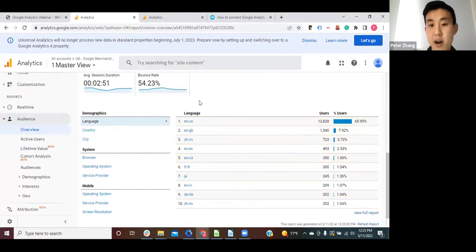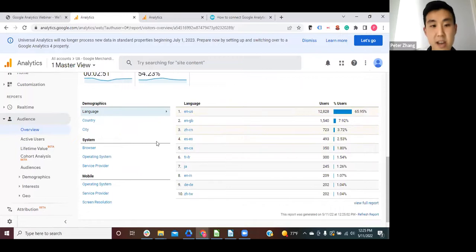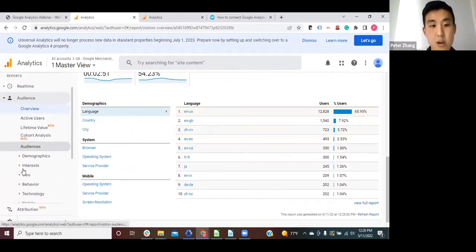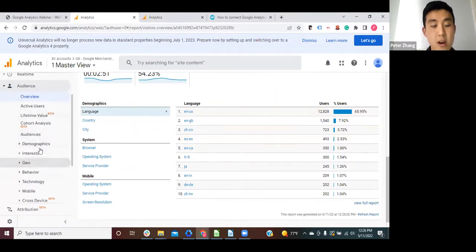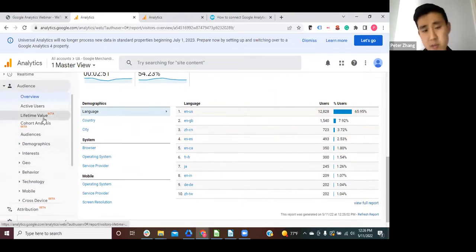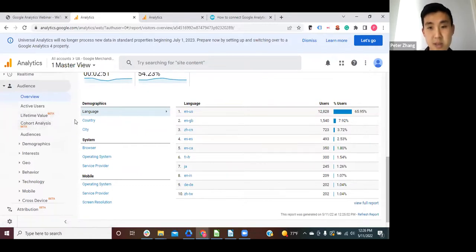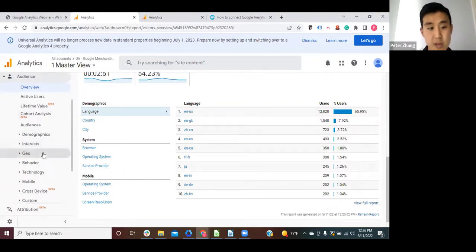And you do get some information about your audience, what language they might have set on their device, what country, what city, once again. And you could go even deeper in here. There are categories here that do require some setting up. And there also are some of these beta signs, which means it's not available for every analytics property. It depends on your website and how many people are visiting your site as well. But those are some of the newer features Google uses to try to give more value, especially for marketing efforts.